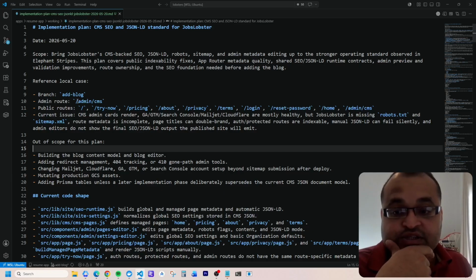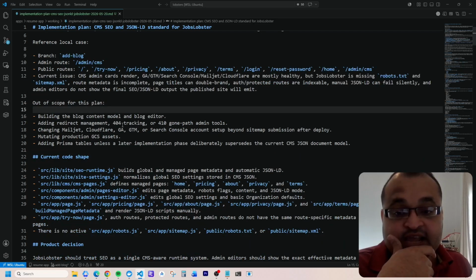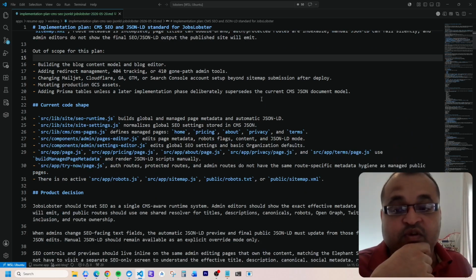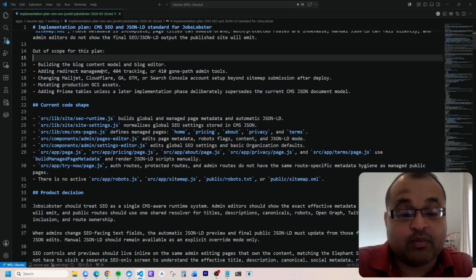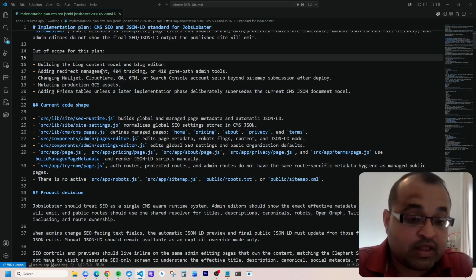We're in this branch, and these are the roots that are going to be impacted. It's missing robots.txt and sitemap. We've got GA, GTM, Search Console, Mailjet, Cloudflare, all in a happy place. So these are some of the other things that ElephantStripes does. When you upload an image into ElephantStripes, it'll turn into an AVIF. Now we're going to put all that stuff in soon because those are more content heavy, and we want to,